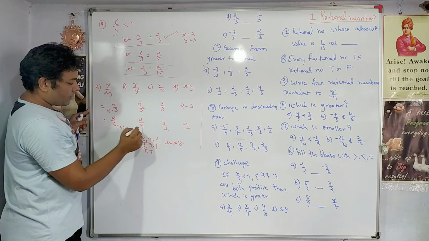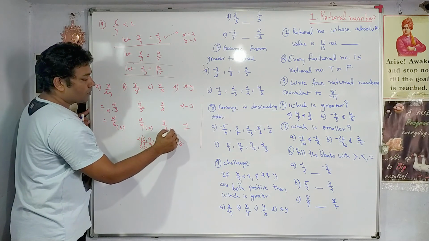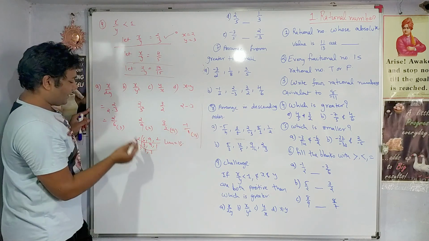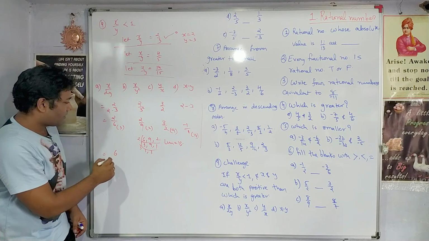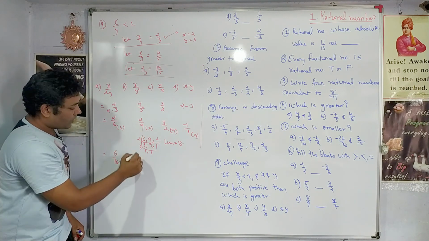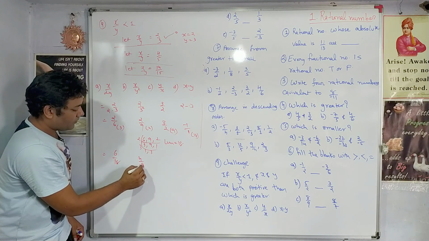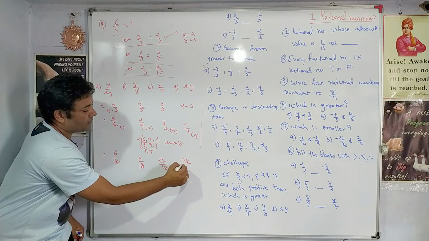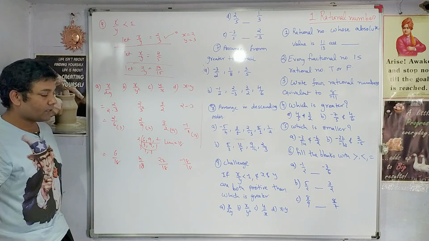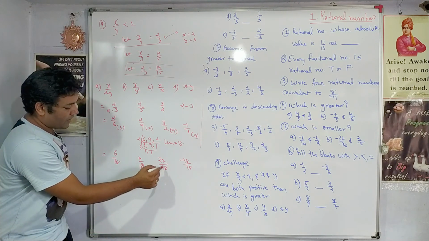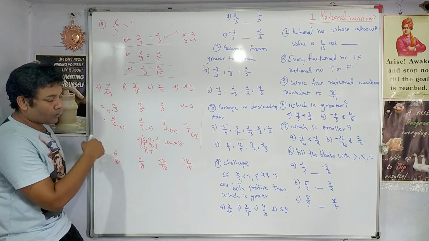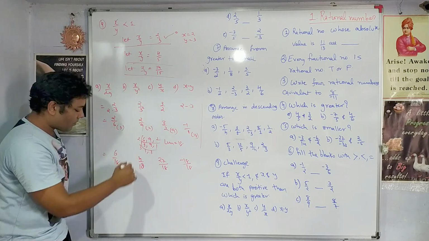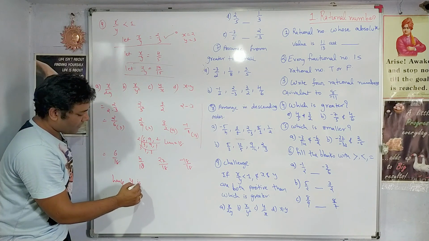6 has to be multiplied with 3, 9 is to be multiplied with 2, 2 has to be multiplied with 9, nothing is here, so you can take 1, right. Now 6, 3 2s are 6 upon 18, 2 2s are 4 upon 18, 27 upon 18, minus 18 upon 18. Now find out which is greater. This one is greater, right? Yes, 27 upon 18 is greater. So you can write down, hence this is the C option. C means y by x, so hence y by x is greater,